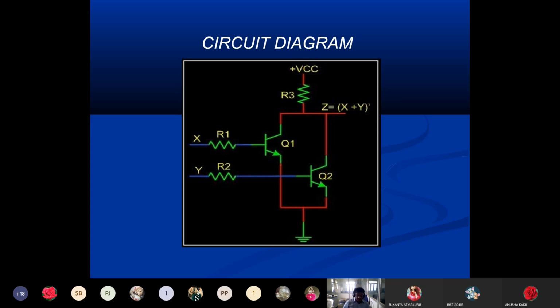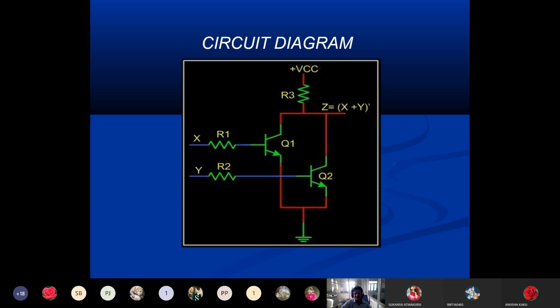These bipolar logic families use semiconductor diodes and bipolar junction transistors. The simplest bipolar logic elements are diodes and resistors to perform logic operations. Here we have to use RTL, that is resistor and transistor. Basically, whenever we call it bipolar, we can use a diode or resistor or transistor, whatever it may be, to perform any type of logic function.